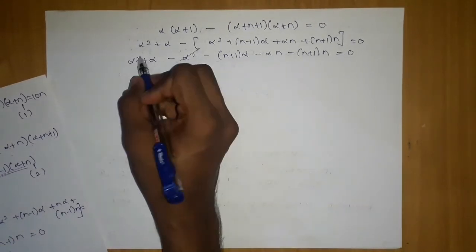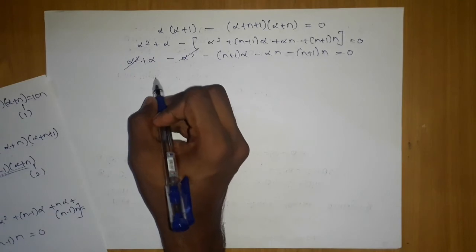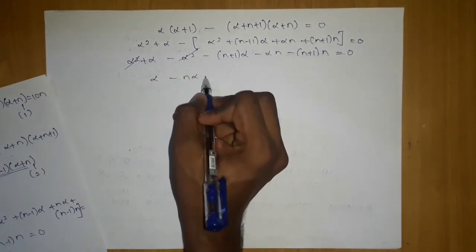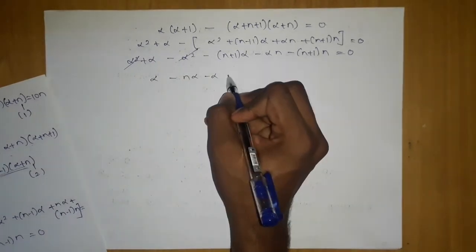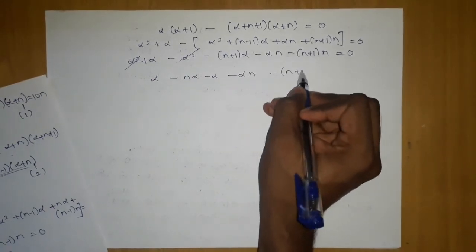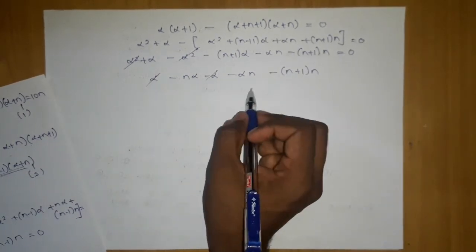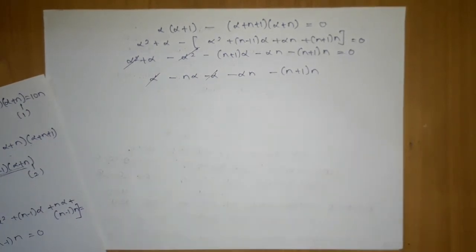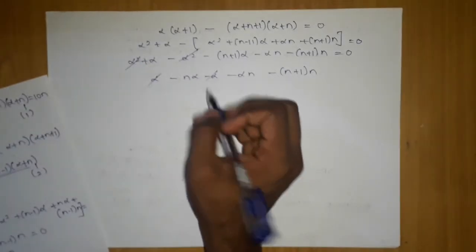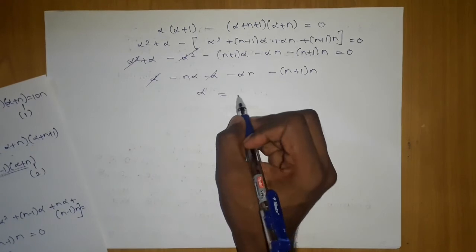You can clearly see this and this, and if we simplify it further, I have alpha minus n alpha minus alpha n minus n plus 1 into n. So here this and this will cancel out. Finally I will just multiply throughout by minus, giving me alpha equals